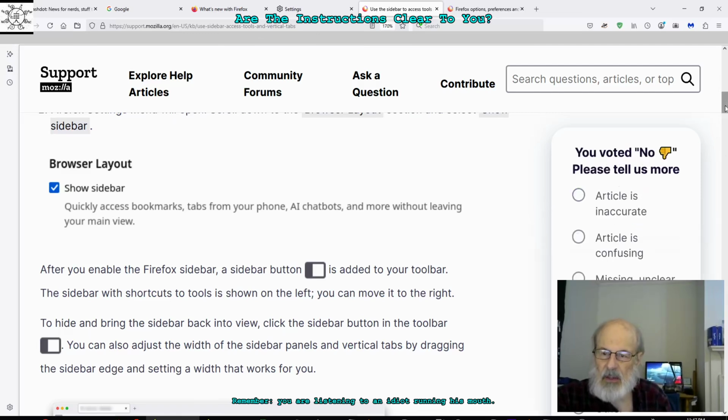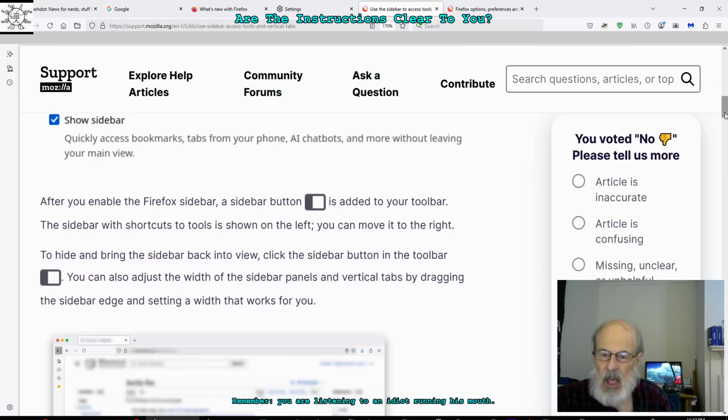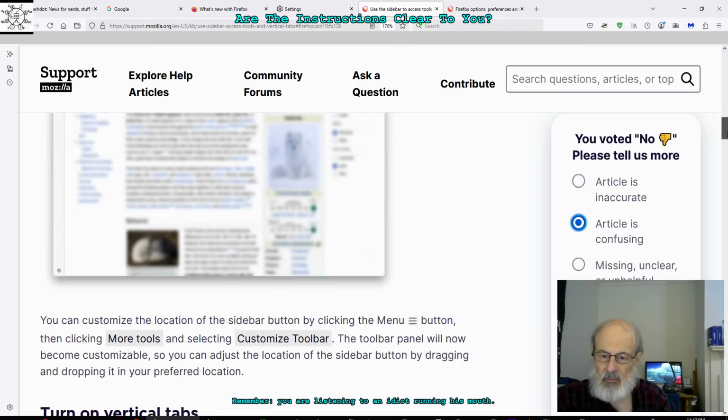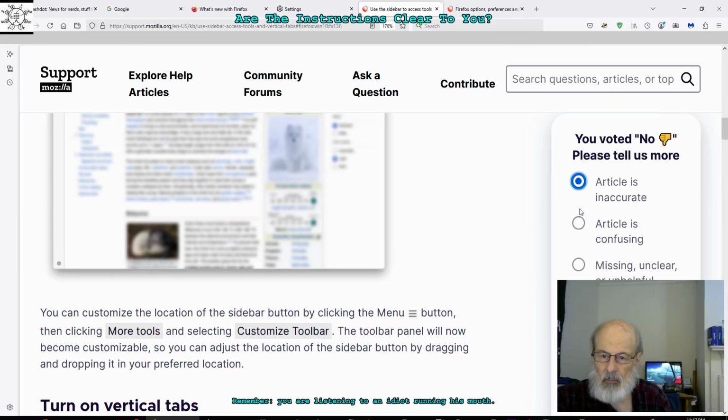Article's inaccurate, article's confusing, missing, unclear, unhelpful visuals, article didn't provide the information. Click Other. All right, it doesn't open, so I'll change it. Article confusing. Got it? I'm leaving it as article confusing to this